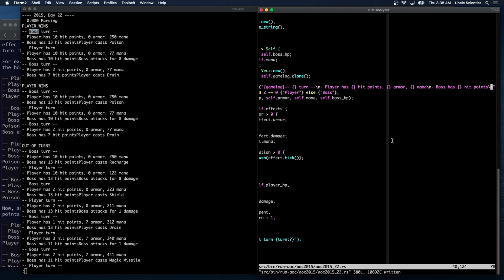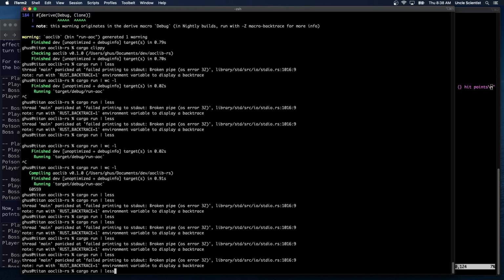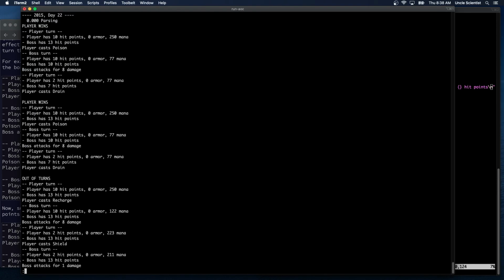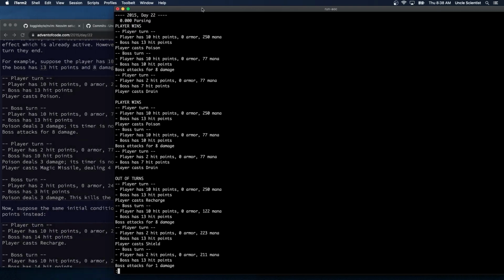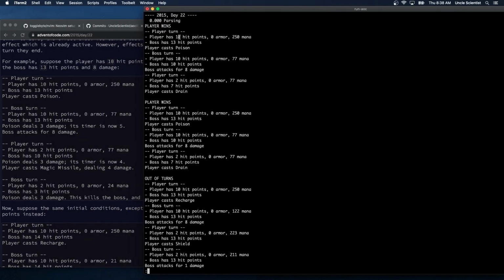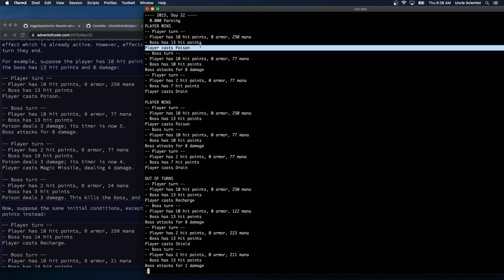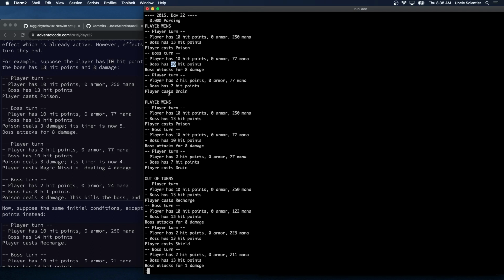All right. Things are starting to work. All right. So player turn. Has 10 hit points, 0 armor, 250 mana. Boss has 13 hit points. Player casts poison. The boss turn. Player has 10 hit points, 0 armor, 77 mana. Boss has 10 hit points. Right. So this is